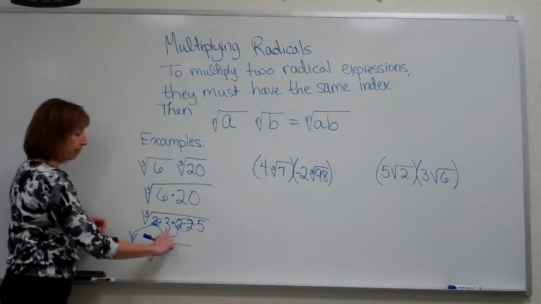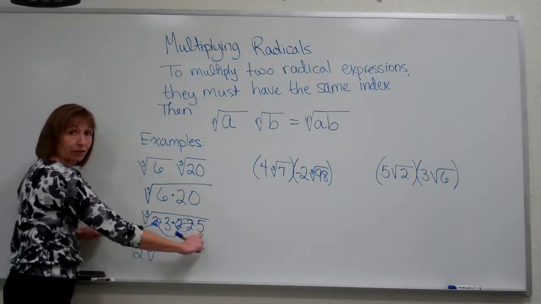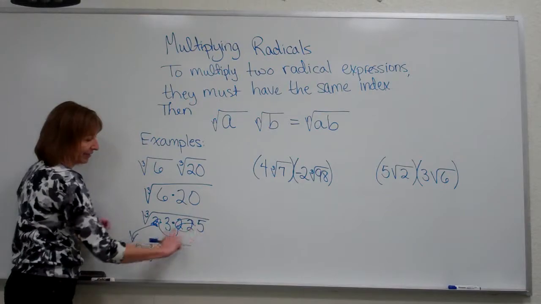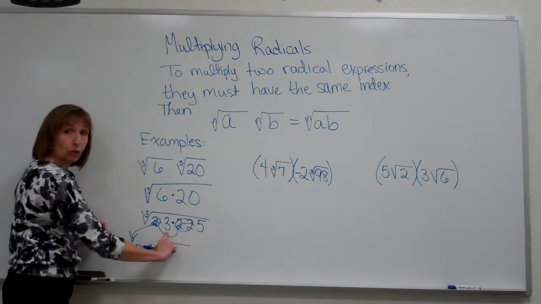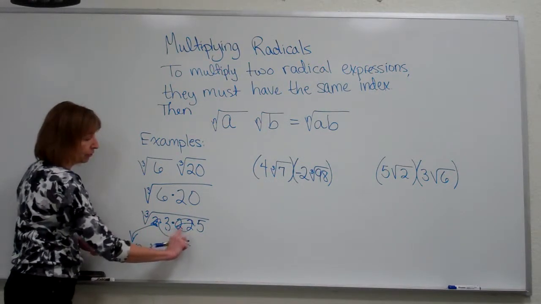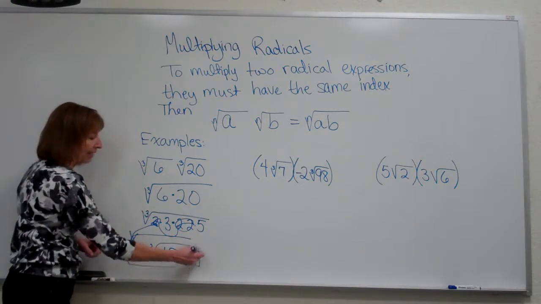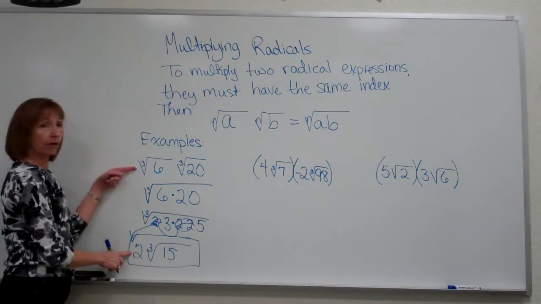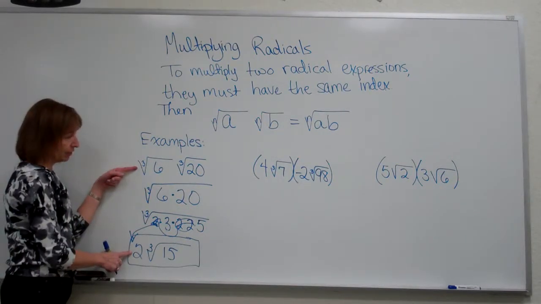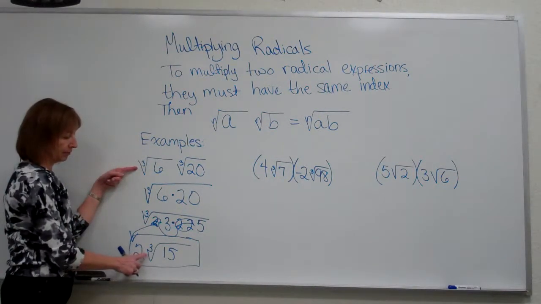But I only have 1 factor of 3 and 1 factor of 5 under the radical. They have to stay under the cube root. And I'll just go ahead and multiply those back together. So 3 times 5 is a 15 under the cube root. So my answer in simplified form of my multiplication for this first problem is 2 times the cube root of